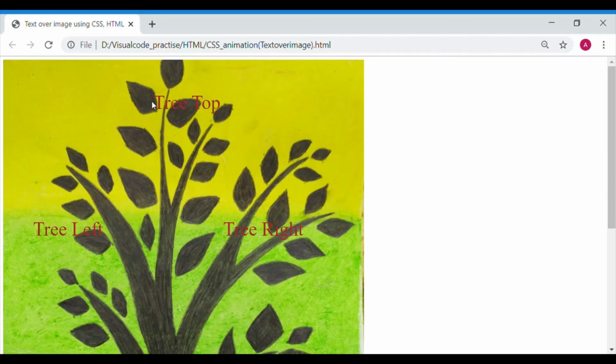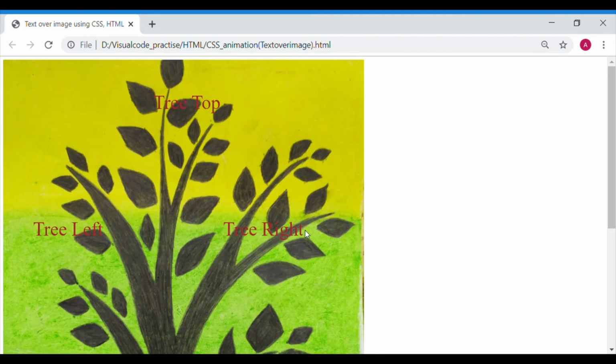We have taken the top center with the class top and positioned with top and left elements. Similarly, we have positioned the text tree left using the class left, and the text tree right using the class right.